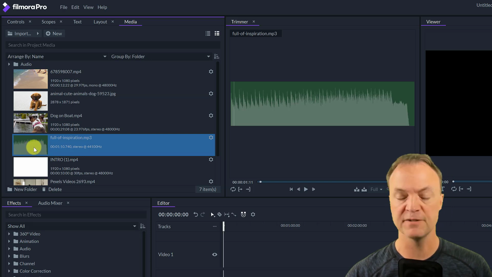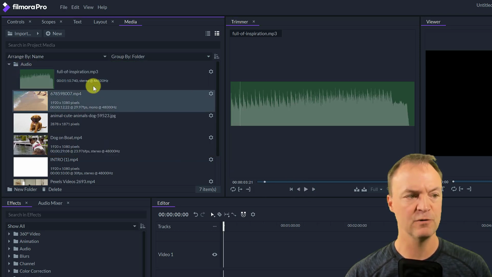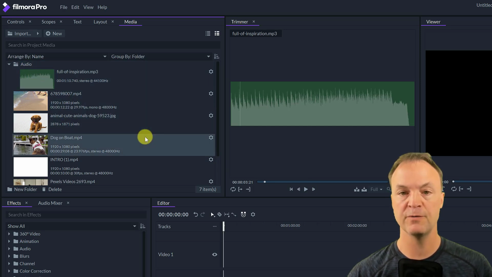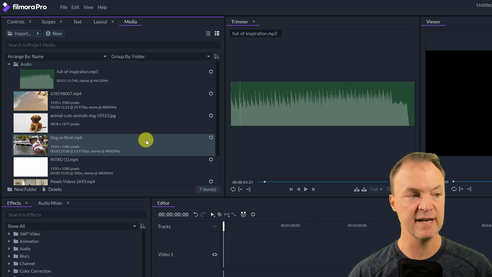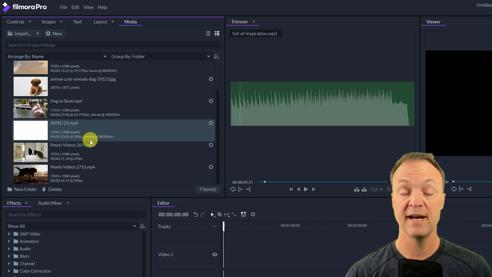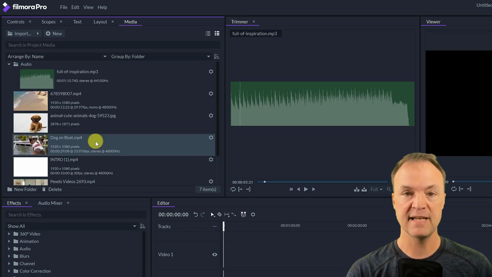You can see the audio files are recognized with a waveform on them, and you can still preview them the same way over here. But then you can drag them into the folder, and you can see how that's underneath it. So you can go through and maybe make audio, images, and video folders and organize things as you get a lot of different ones in there, or you might have certain types of videos, to help with the organization of it too. So the next step I just want to show you is actually bringing your media